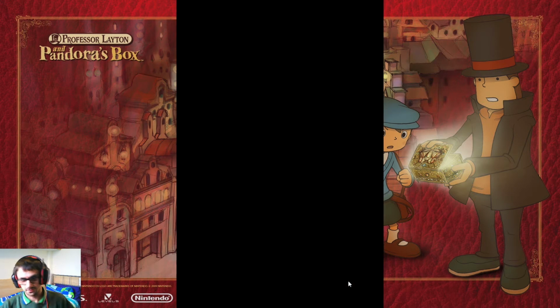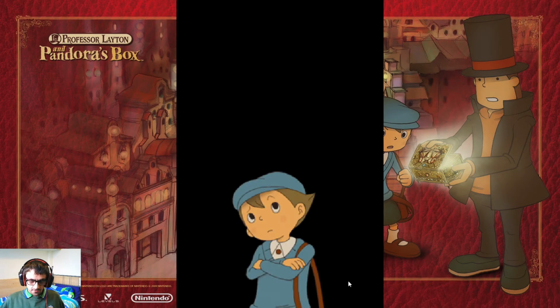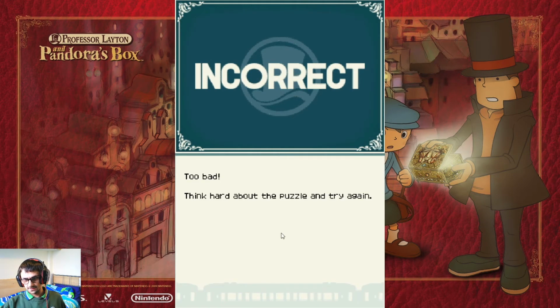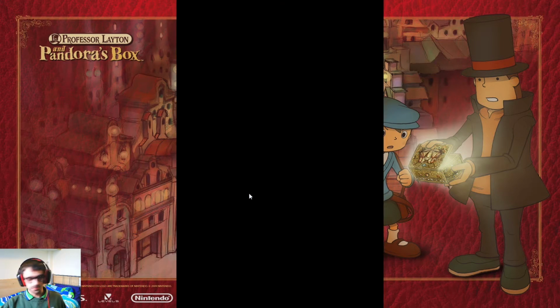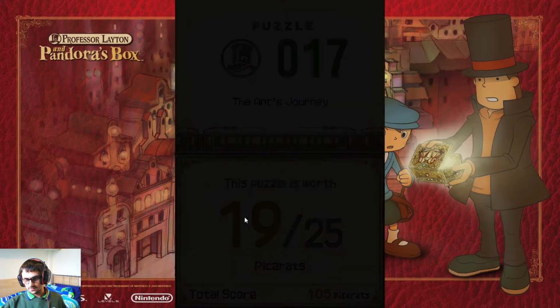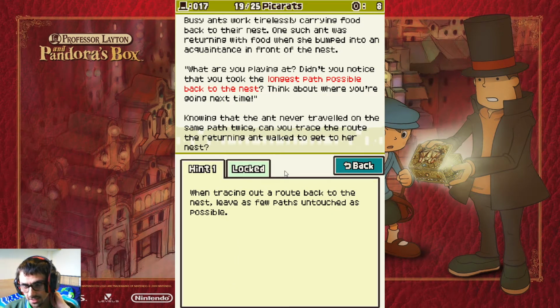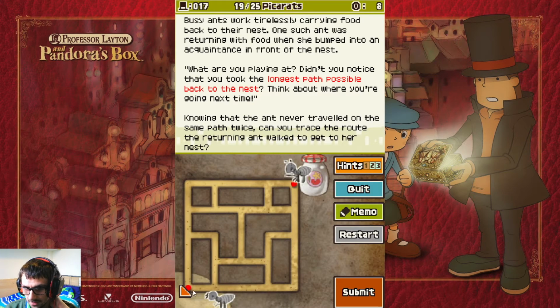Let's try that one. Here goes. Nope. That one's incorrect as well. Looks like I botched that one. Yeah, we botched that one quite a bit there. Have a look at the hint very quickly. When tracing out a route back to the nest, leave as few paths untouched as possible. Okay. That's kind of what I was trying to go for anyway, so...